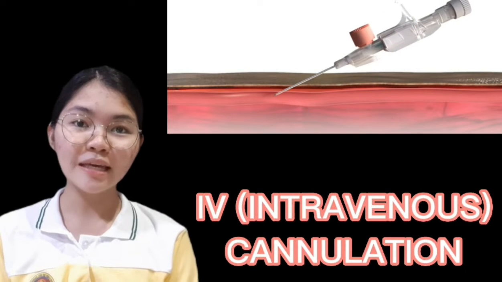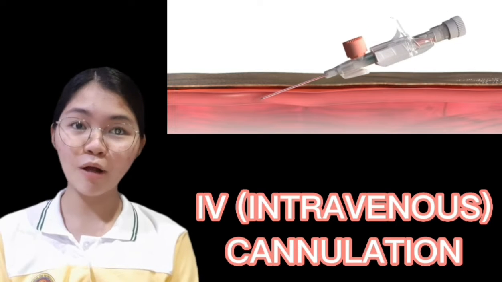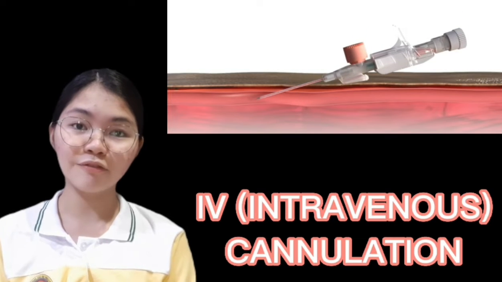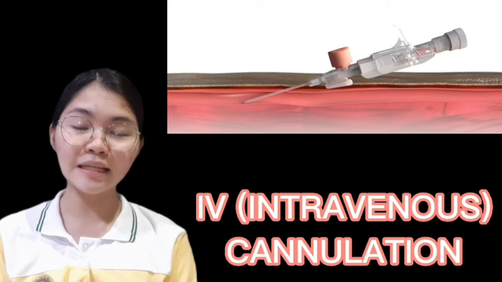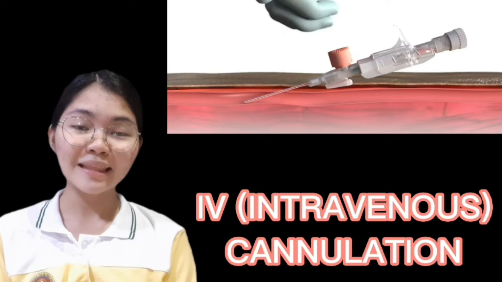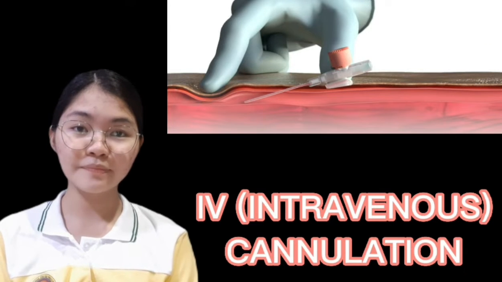Hello everyone! Next, we're going to show you how to insert IV cannulation in the arm or hand of the patient. An IV cannula is a small plastic tube that will allow us to give fluids and medications. First, we have to assess the client if he is allergic to anything or to any medications. Then we have to gather equipment. Equipment needed are the cannula dressing or micropore,